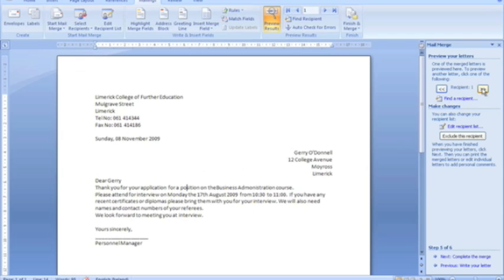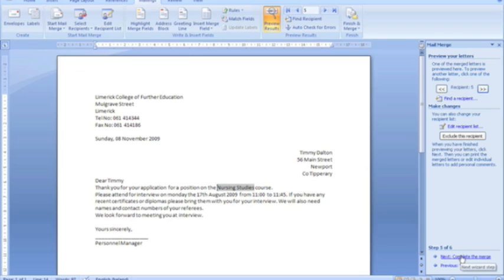Just move on to another recipient to make sure the details change appropriately, which they do. I can just flick through all 5 recipients. In a real life scenario, you may have hundreds of recipients in this list, so you'll really see dividends and payoff with regards to the saving of time and workload and so on. Okay, now everything looks nice and tidy on our letters, so we're going to advance to the final step of our merge